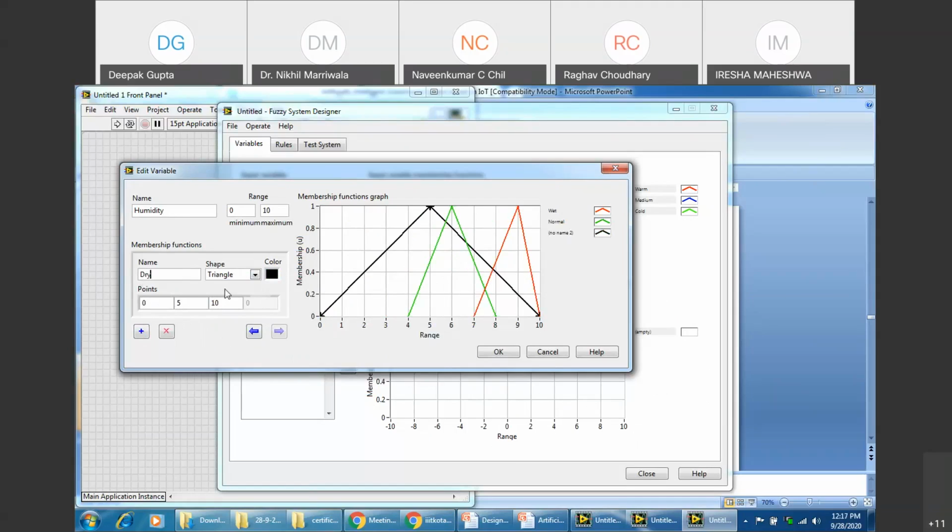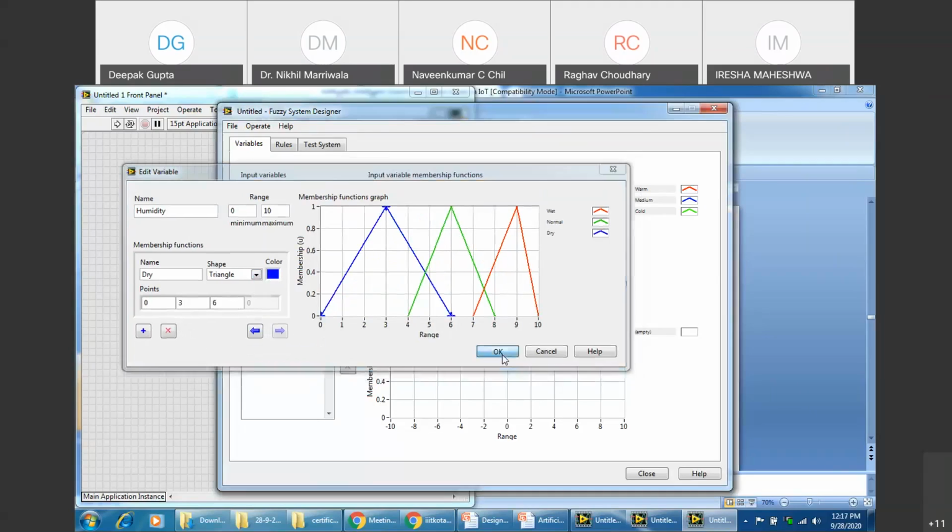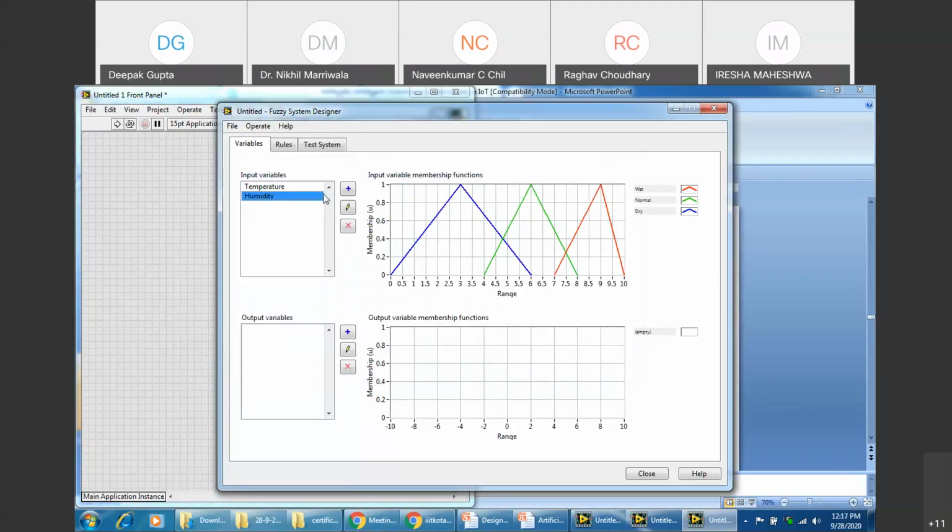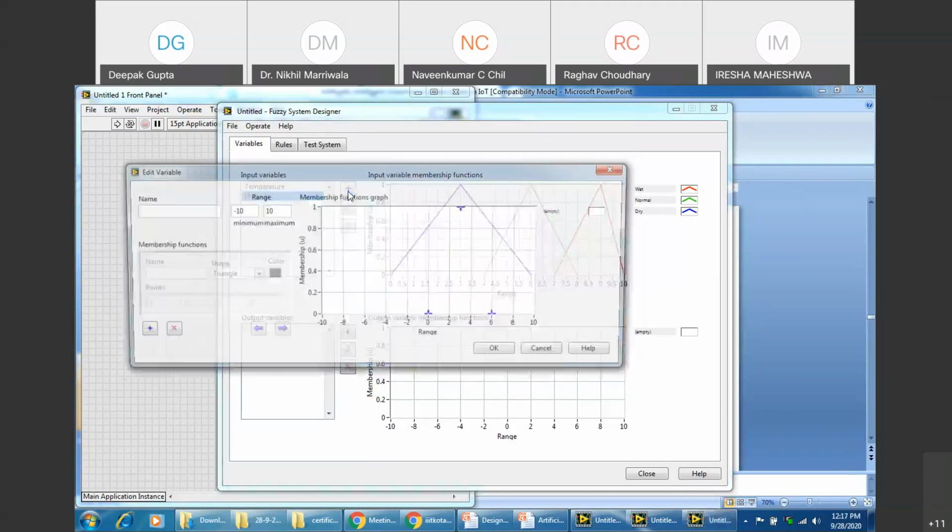Right. Again, I take this triangular function itself. I'm not changing it. I can use a blue color to distinguish it. So 6, 3, and 0. We get this now? Humidity, temperature, humidity. And the third case is